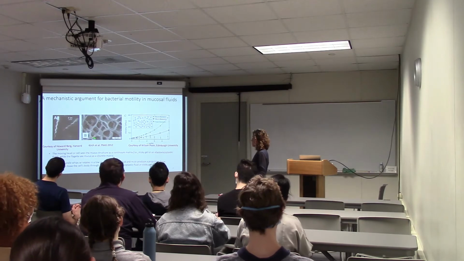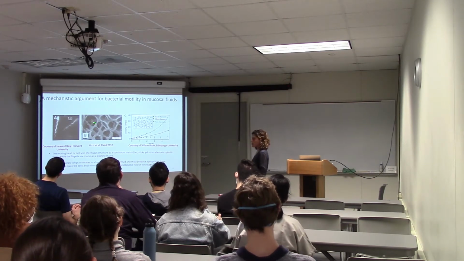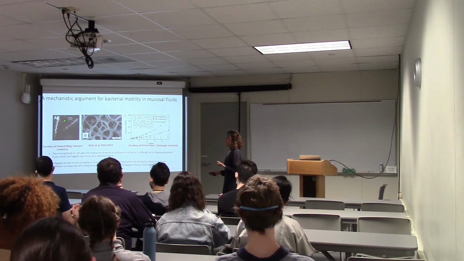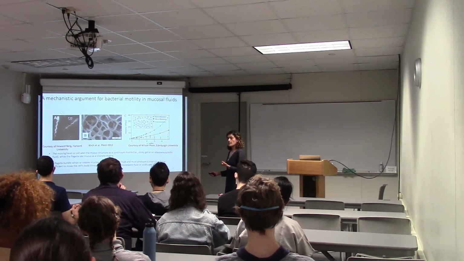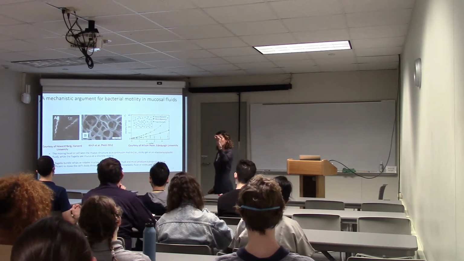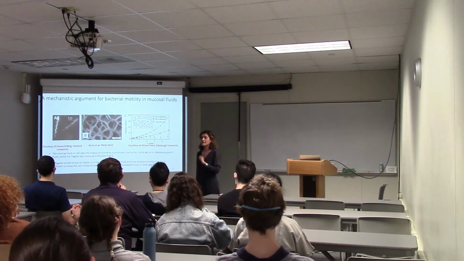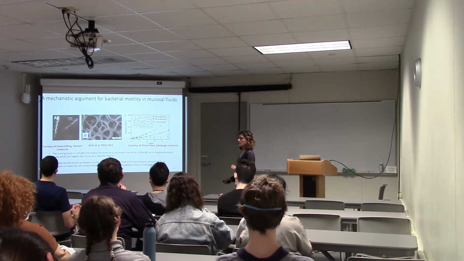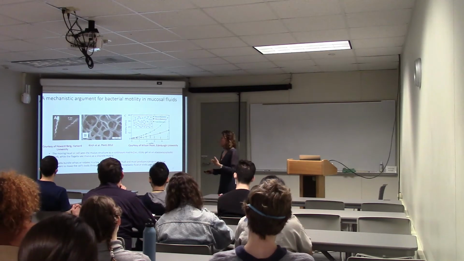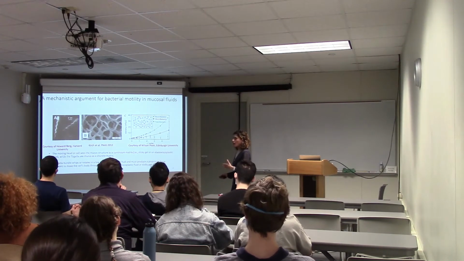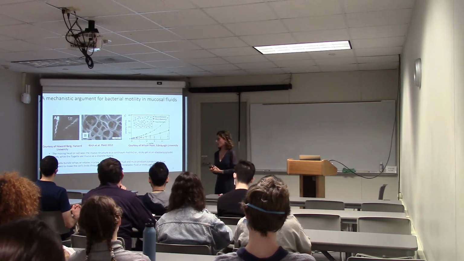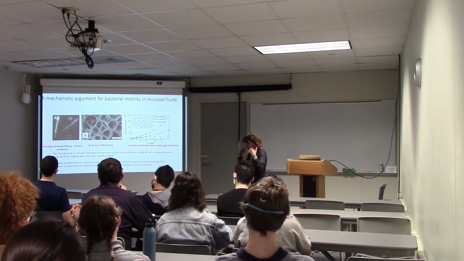Let me remind you about the porous structure, which for humans is about 100 nanometer. If you look at the scale of E. coli, the bacterium, the head is about 1 to 2 micron in size, but the diameter of the tail is 10 nanometer. Meaning that the tail really whips in these pores, but the head sees the continuum and sees a sticky gel to move through.